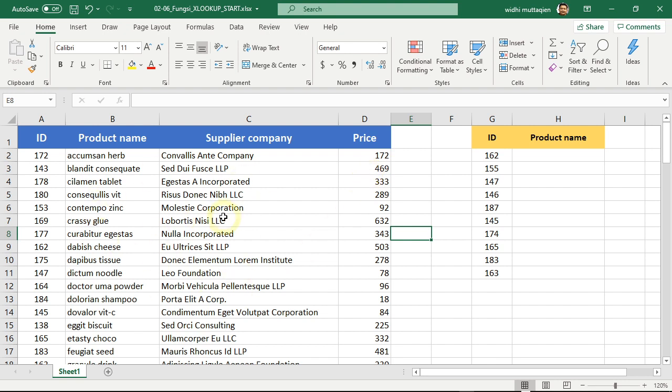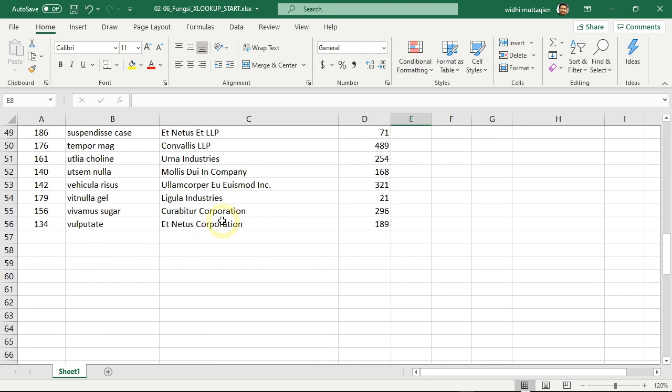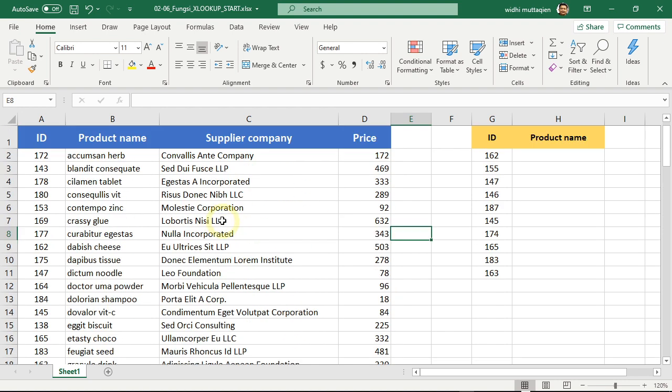For this example, I created only 55 rows of data. But just imagine if we have hundreds or even thousands of data in this product table. This large amount of product data is very common if you run a large reseller business like Walmart or Carrefour, for example. Now imagine if the shop's scanner system is broken, but you still have to create a daily sales report. We already have a list of the product IDs sold today from a manual note process. Now our task is to find the names of the products according to the available product ID numbers.